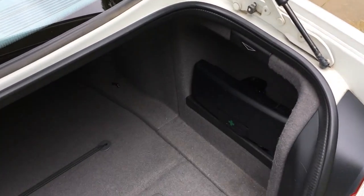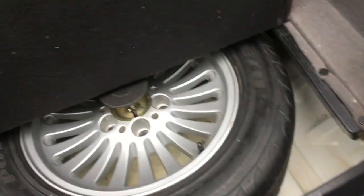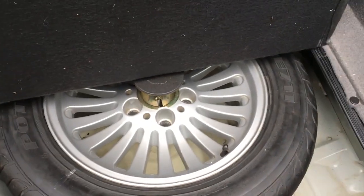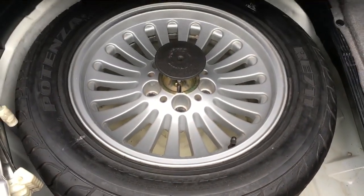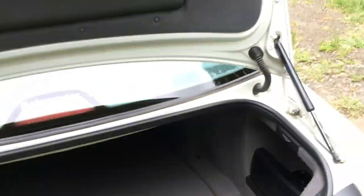It still has a BMW battery as well, with a full spare tire. I believe this is actually a 10+ year old tire. Should actually consider changing that. Anyway,